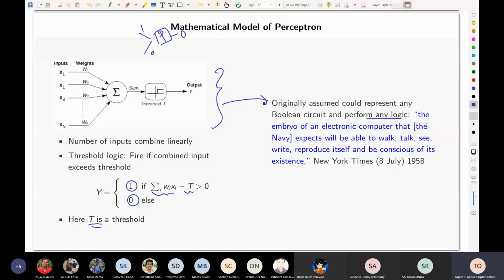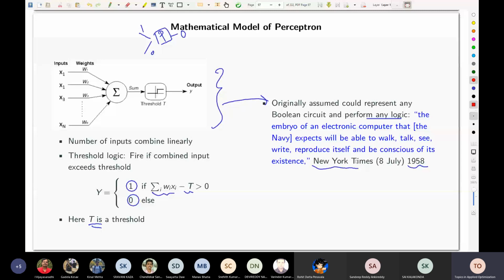Okay, in a while. So this was the big news, and then quickly some claims were made that it's an embryo of an electronic computer that is expected to be able to walk, talk, see, write, reproduce itself, and be conscious of its existence. So that was the New York Times of 1958, when the perceptron was proposed, and so they already made a claim that this is so powerful that it will be able to walk, talk, see, and so on. To some extent, this is right in today's